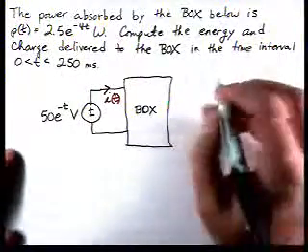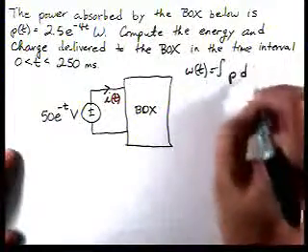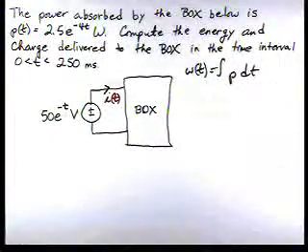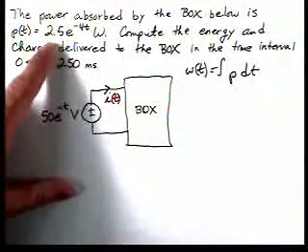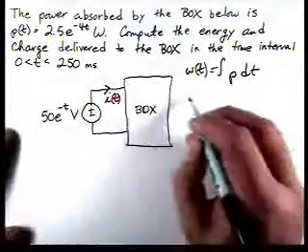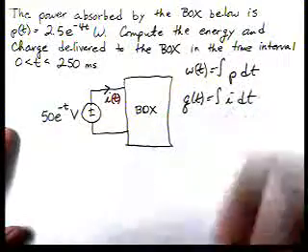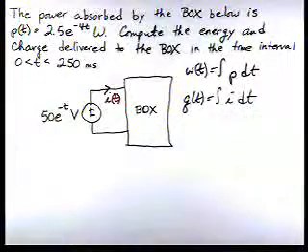And to start, we know, for instance, the energy is the integral of the power. So when we get ready to calculate the energy, all we have to do is integrate the 2.5 e to the minus 4t. If we're going to find the charge, we know that Q of t is the integral of I dt, which means that we're going to need to